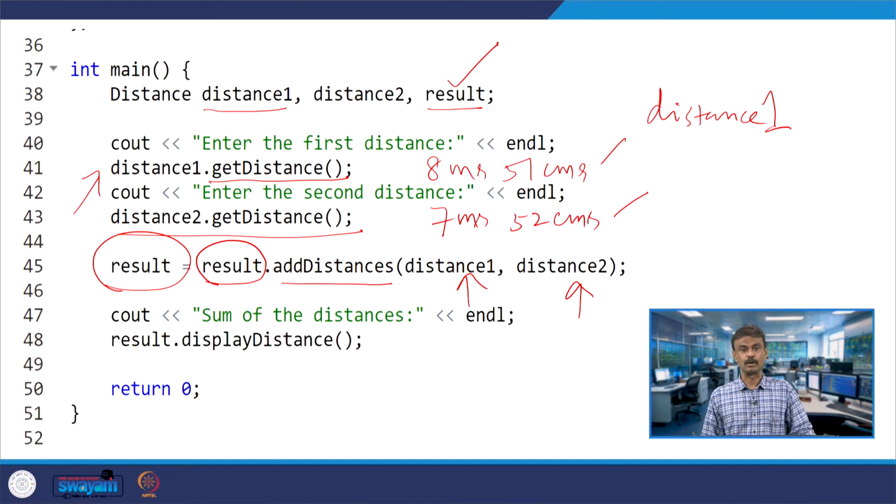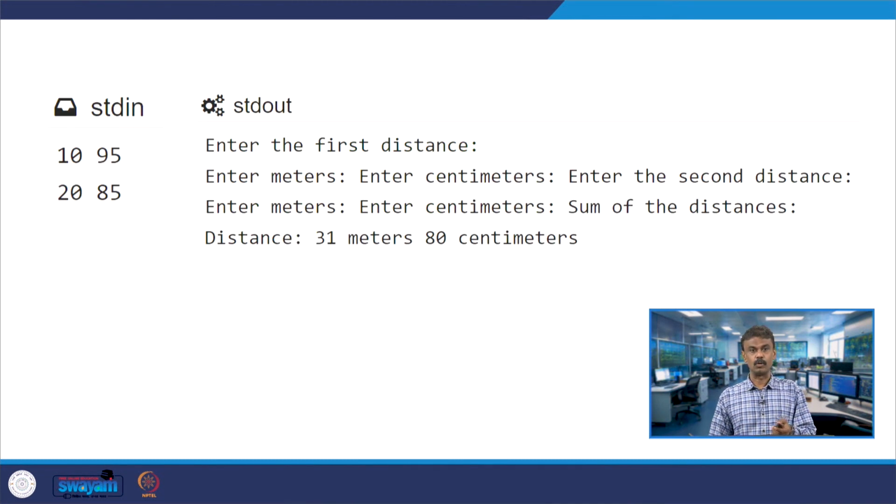Result dot meters and result dot centimeters will be displayed once line number 48, this object result, invokes this particular function. So this will be your output. If you pass 10 and 95, 20 and 85, you should get 31 meters and 80 centimeters. We will cross check this in the program also.